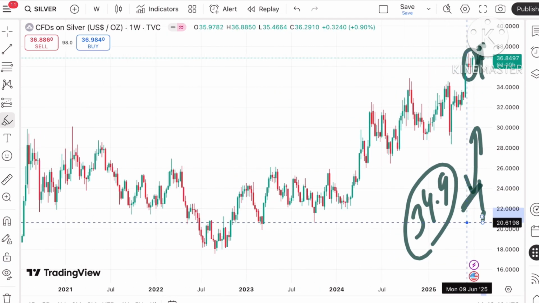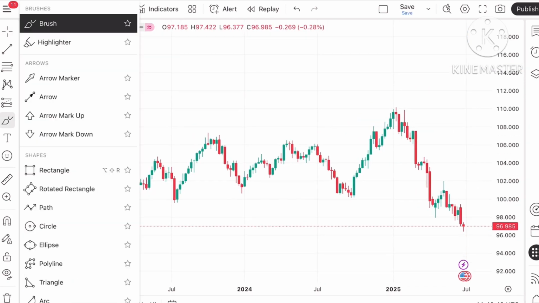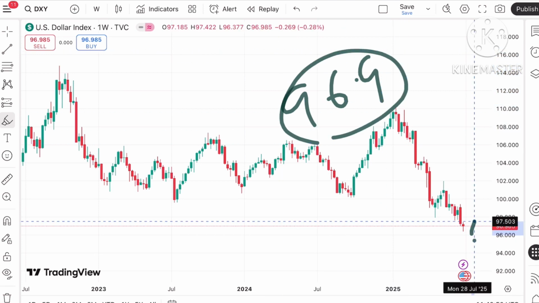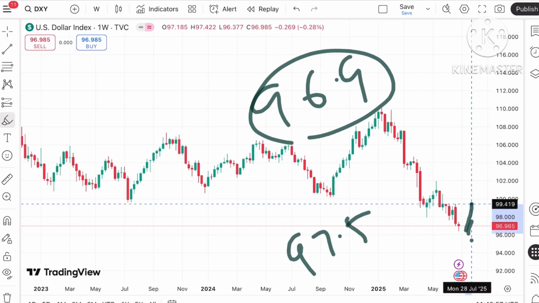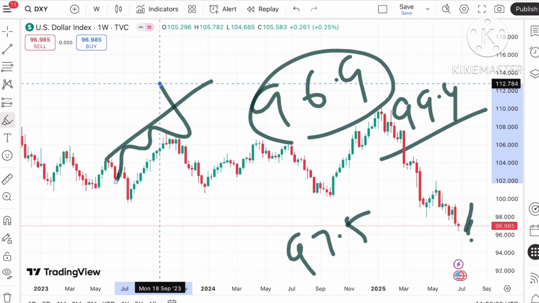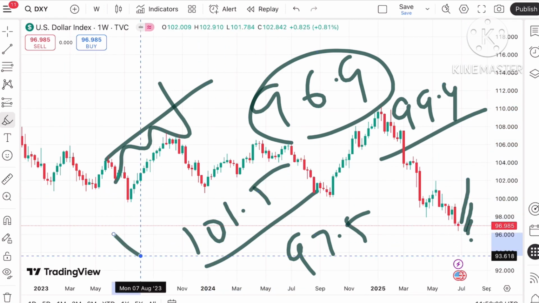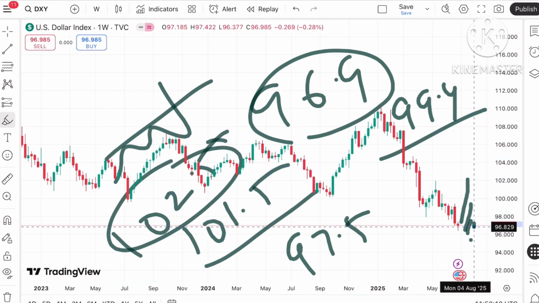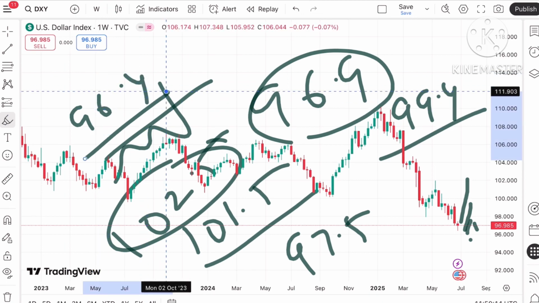Okay, so now if we see the dollar index, because it plays an important role, it is trading at a level of 96.9. Okay, so if the price sustains this level, it can touch a level of 97.5, and if it starts sustaining above this level, the probability of crossing 99.4 is there, and that is already tested. So the price can rise towards a level of 101.5 to a level of 102.5, and then a further upside can be seen. Okay, but suppose the price doesn't sustain, it can move towards the weak low of around 96.4,